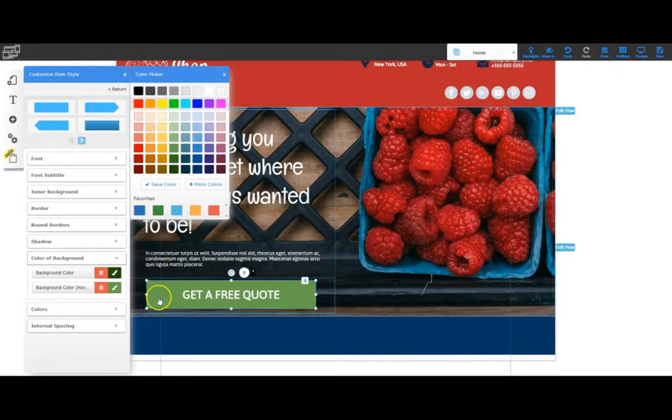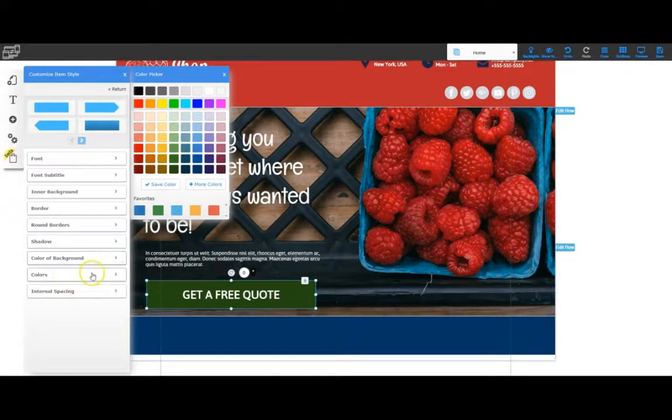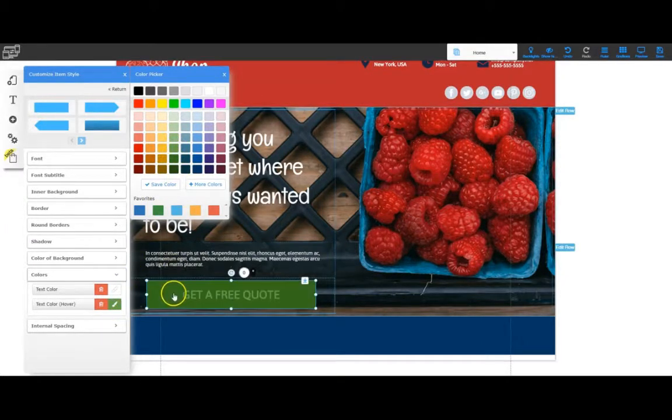So let's see what happens. You see how it changes colors like that? Let's change it to a little bit darker green. There, we got a little bit less harsh of a change. Okay, so we've changed the color background. Now I'm going to change the colors of the text. Right now the text is white, so I'm going to keep the text color white, but the hover color, I think I'm going to change it to a lighter green. So I'm going to click a lighter green color,